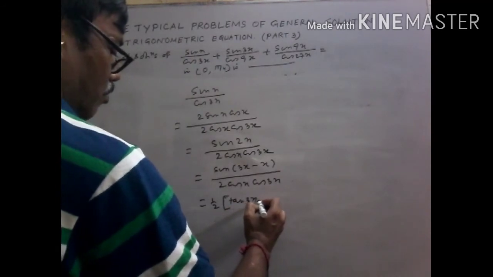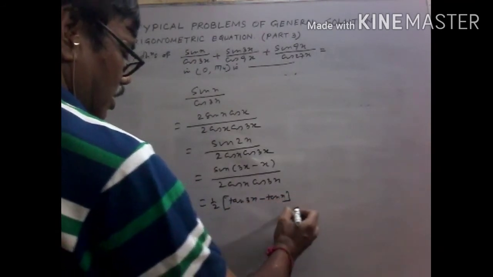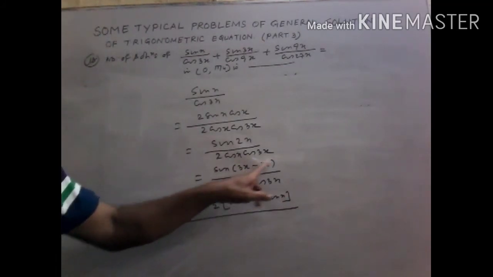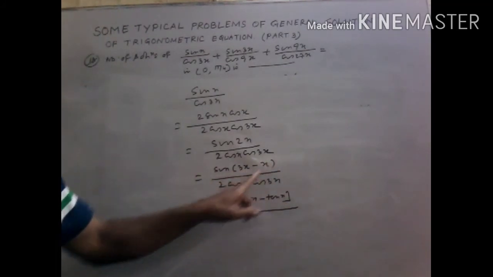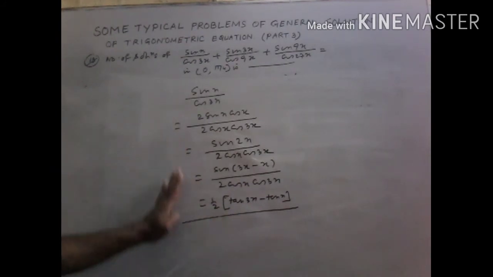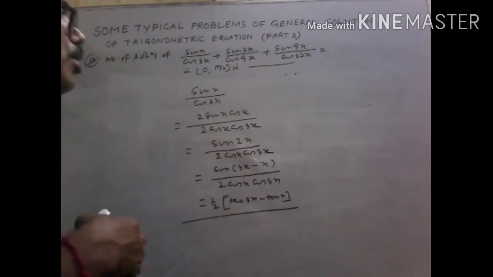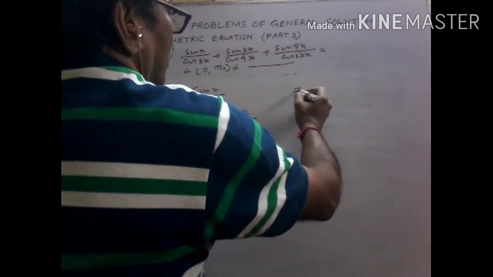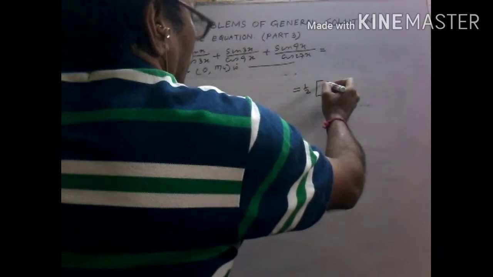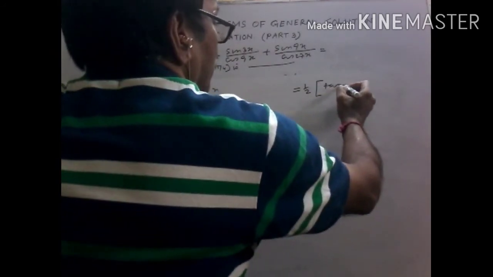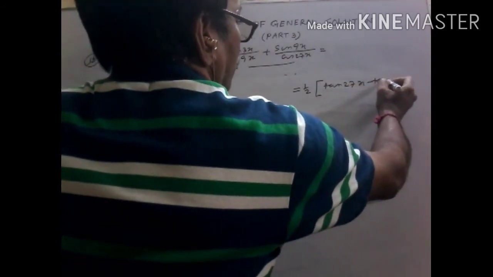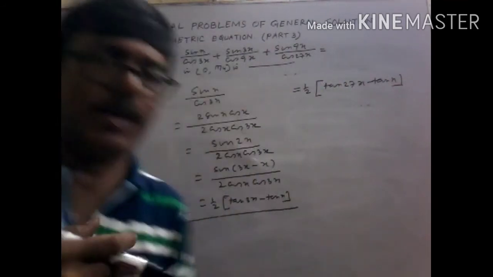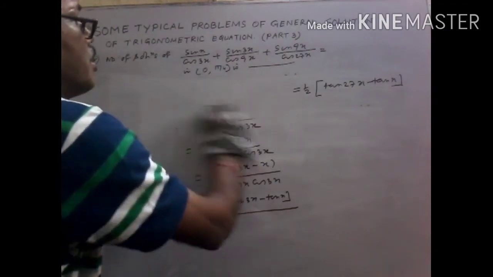So what are we getting? Tan 3x minus tan x equals sin 2x by cos x cos 3x, with sin 3x into cos x. Sin 3x, cos x cancel. Similarly for the second one and third one. If we simplify, we get a relation like that: half of tan 27x minus tan x. This is a well-known result of multiple angles, you know it.